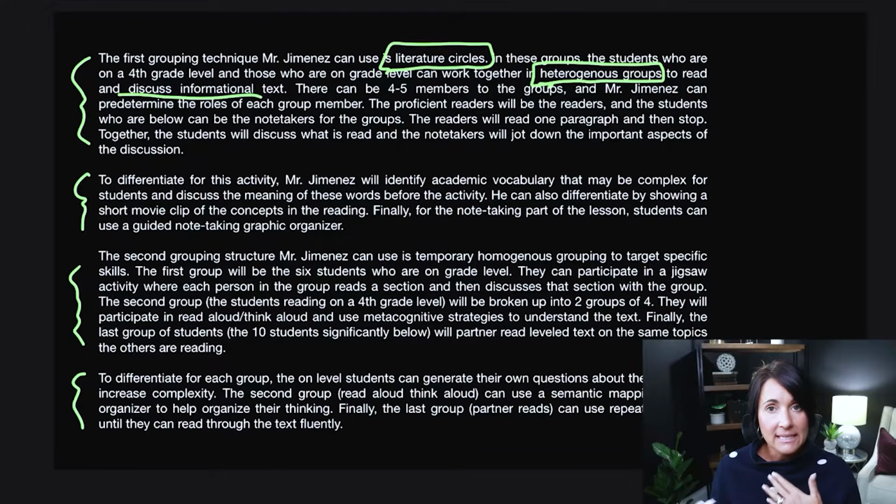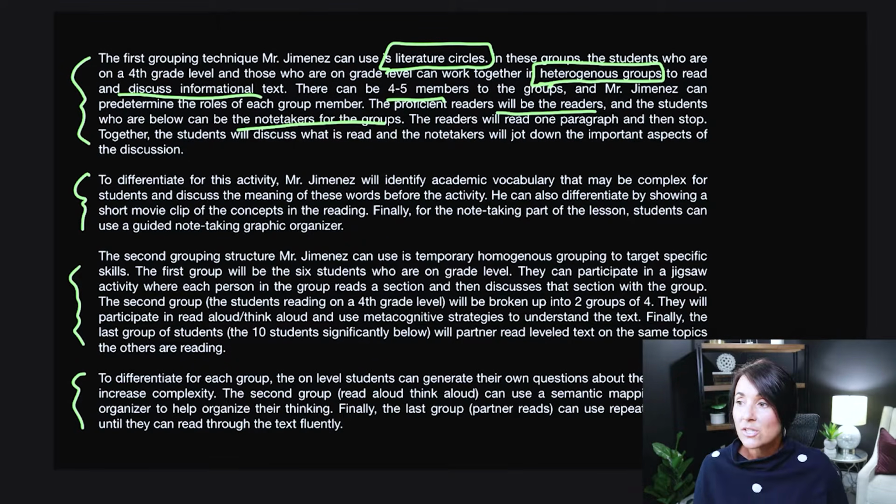And so we're going to have them read and discuss informational text. Now I get specific into what this particular strategy is going to do. There can be 4 to 5 members to a group, and Mr. Jimenez can predetermine the roles of each group member. This is important. The proficient readers will be the readers, and the students who are below can be the note